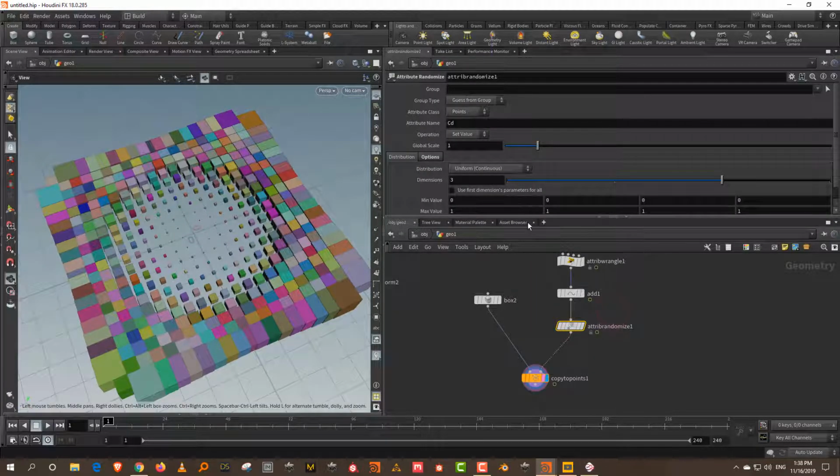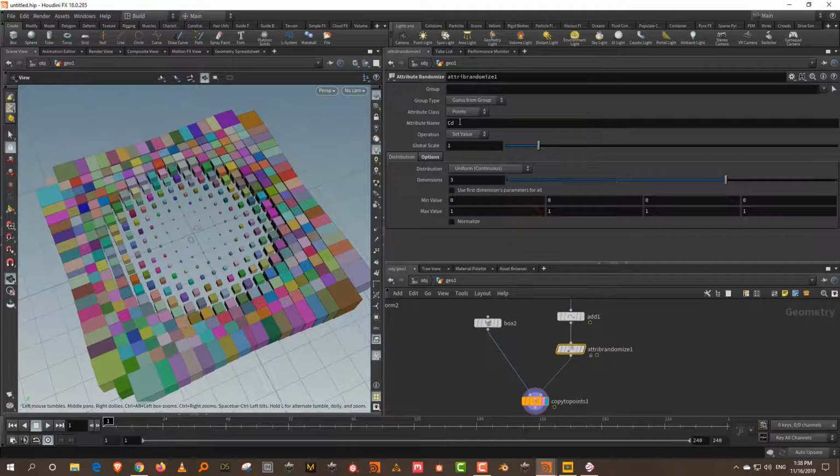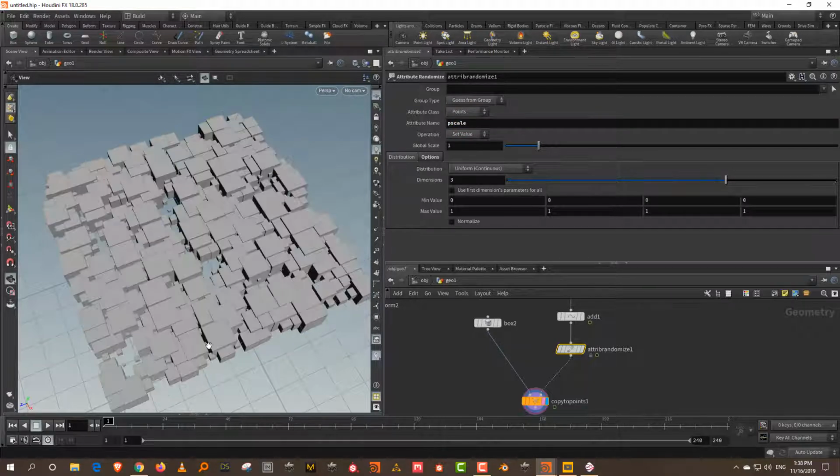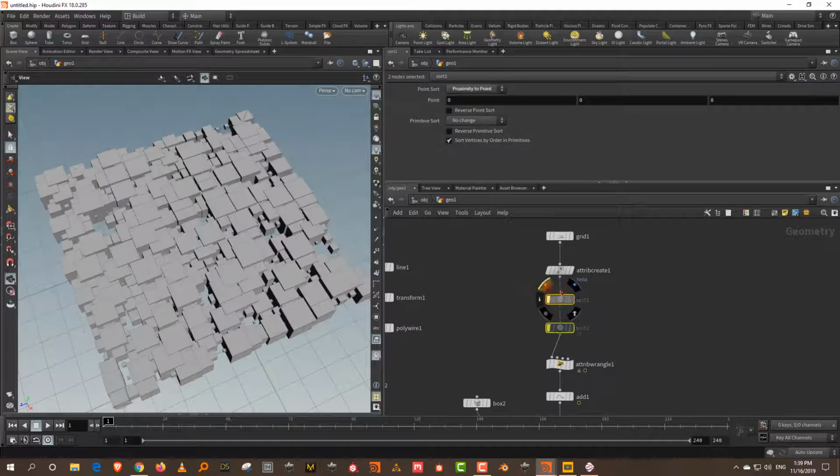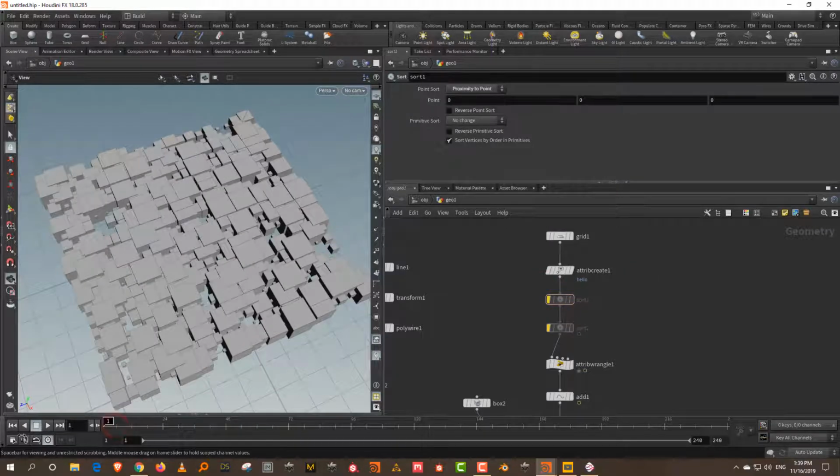But if I type in any of the existing names like P scale or orient or scale, it will automatically randomize that value. So if I take P scale, you see it automatically randomizes this. Now I think the sort is getting animated. So let's just bypass both of these, so we won't get any animation.